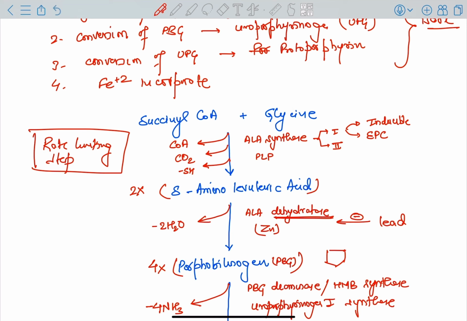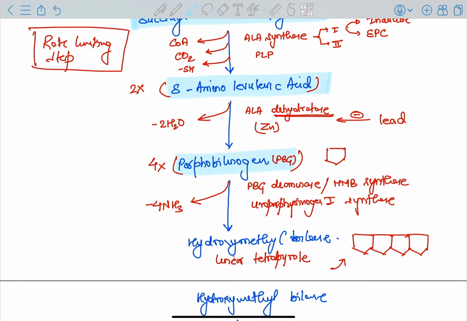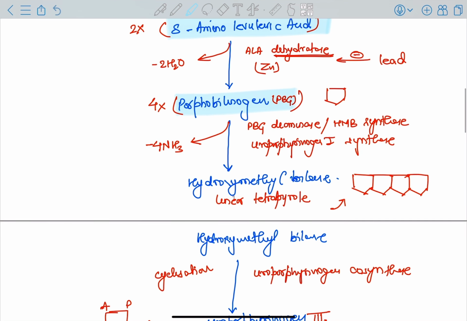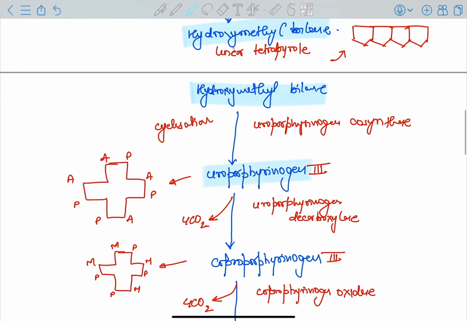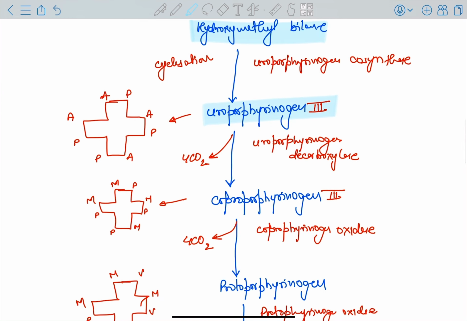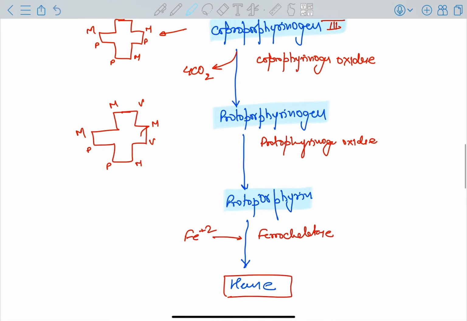This gives the feedback inhibition. This is the first step, which is the only rate limiting step. Revising very quickly, we have succinyl coenzyme A. Succinyl coenzyme A and glycine get converted into delta-aminolevulinic acid. Delta-aminolevulinic acid gets converted into porphobilinogen, which is a monomer. It gets polymerized to form hydroxymethylbilane. Hydroxymethylbilane cyclizes to form uroporphyrinogen 3. Uroporphyrinogen 3 gets converted into coproporphyrinogen 3, then protoporphyrinogen, and then we have the protoporphyrin, and then at last we